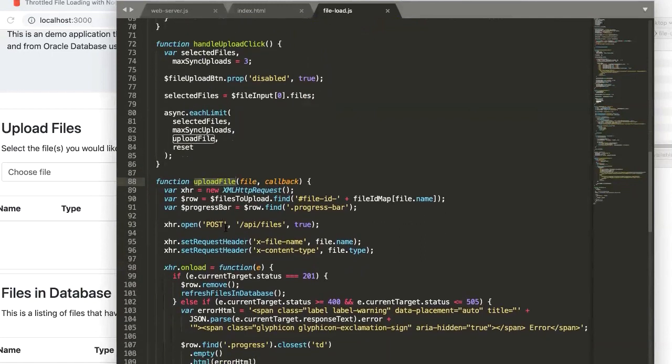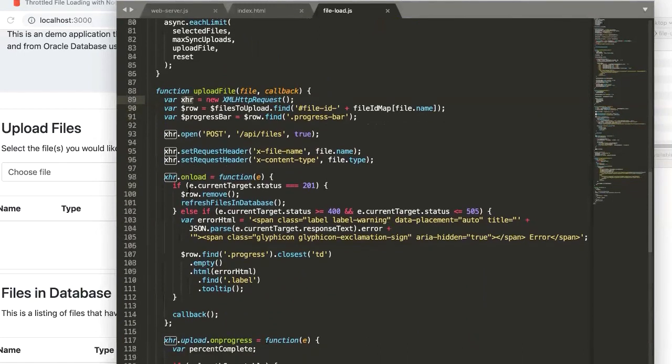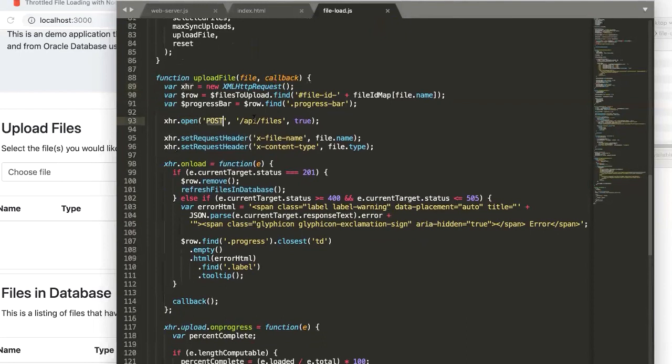So it's this upload file that does the heavy lifting. You can tell it takes in the file that needs to be uploaded, creates a new XML HTTP request object, and then uses some of the methods in here. So I open a post on the endpoint API file. So I'm doing a post to that endpoint. I'm setting a couple request headers.